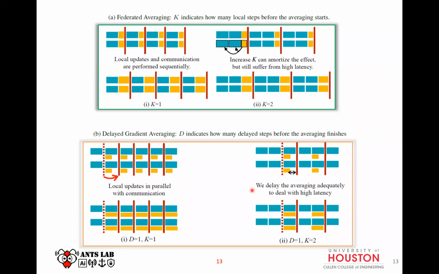So they show how they can be parallelized, and how the transmission can take place irrespective of whether computation is happening on the device or not. Thanks. In a similar fashion, if you increase the local number of steps, we see a similar pattern. Even if the latency in the communication increases, we are still okay because we continue to do the local training, since our D value is set to 1 over here, so we can continue the training without waiting for the computations to finish.